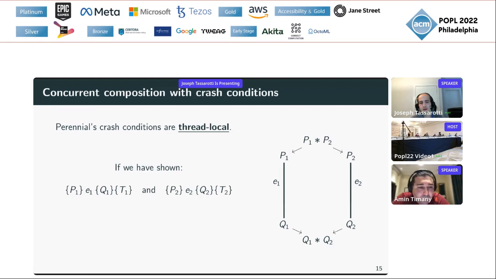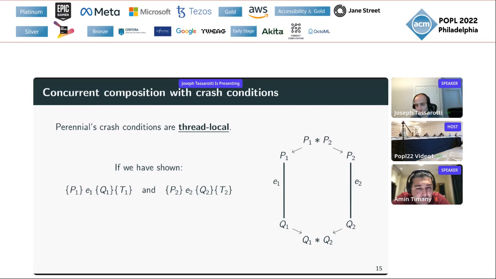So now, if we have shown quadruples about our two threads E1 and E2, if the system is not interrupted by a crash, then we get the standard picture we saw before, where at the join point we'll know Q1 star Q2 holds.